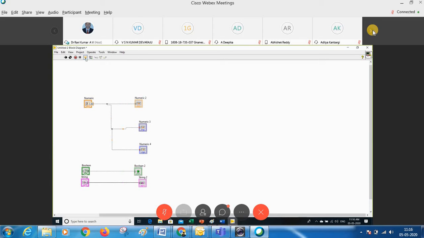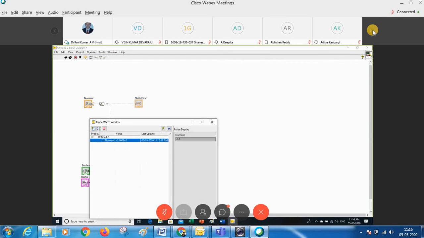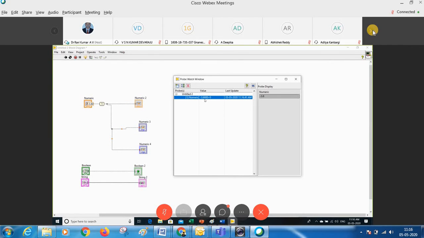Okay, so you make it a highlight of this execution, right? With this, I want to watch the values. For example, here, what value is coming out of this wire? So then we have the wire values. You just click on the particular wire, and your watch window opens. In this, it mentions your variable name and the value. Okay, and particularly the time it was updated, the time and the date are mentioned. You can watch and record all the values in real time.